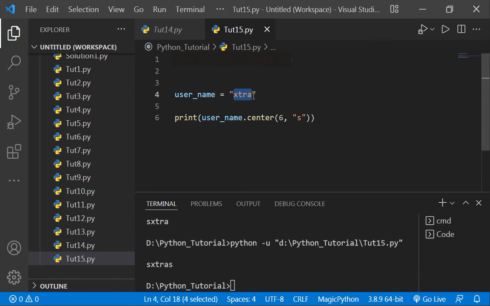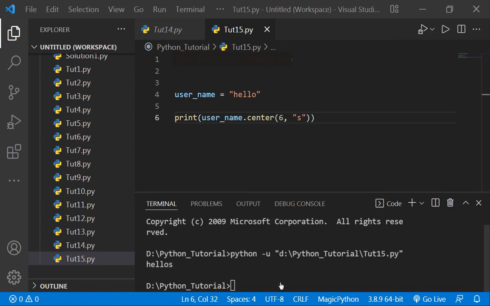If we write here hello, okay, so now if we will run it, see, it has written s here. Now you might be thinking that why it has added the s in the last. It's just because it tries to balance the string. Okay, so you will see that